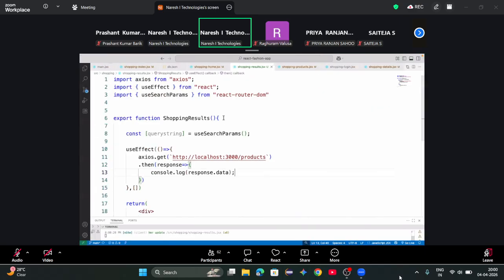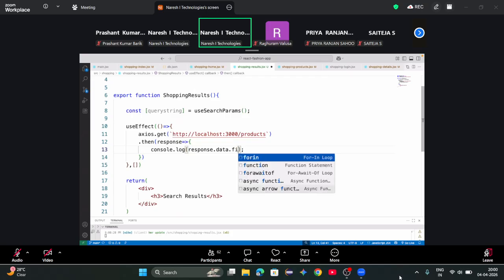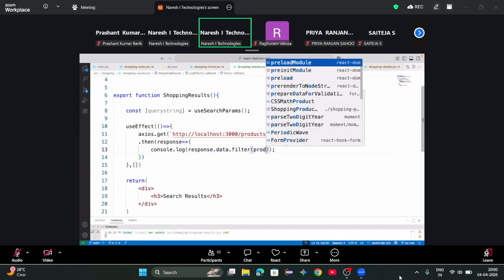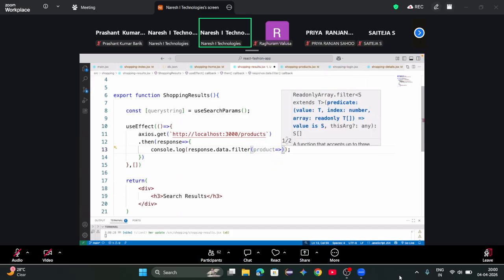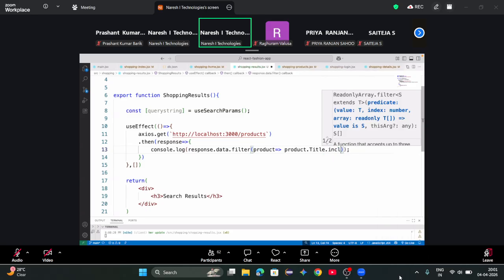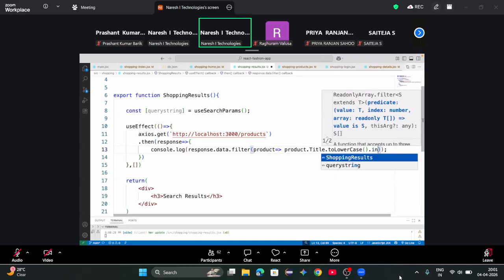Then what to do? I don't want all of them. I have to use a filter. And what is the filter? Read every product. Okay. After that, what to do? Get the product related title and check it includes. Am I right? Title, convert the title to what? Lowercase. After converting to lowercase, what to do? Check that it includes,